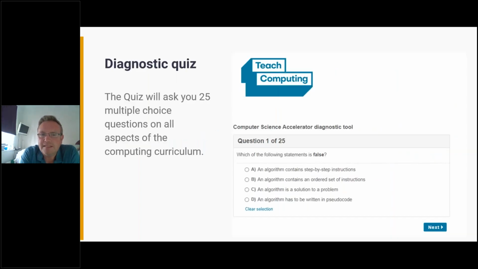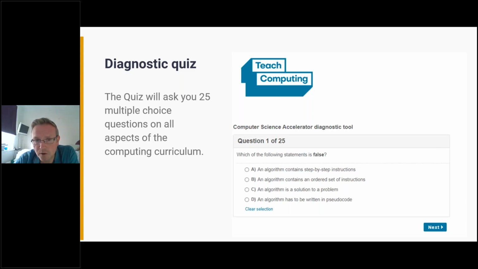So one of the things that will also appear to you is an option to do a diagnostic quiz. Now the quiz is there, it's a multiple choice quiz, and it will help you to identify again which other areas maybe you need to focus on for your CPD. If you're a complete beginner, we would expect this to be quite a low score, so don't worry too much about it. But for those of you that are not too sure where your gaps are, you may find this really useful. And it's also very similar to what the end assessment is.